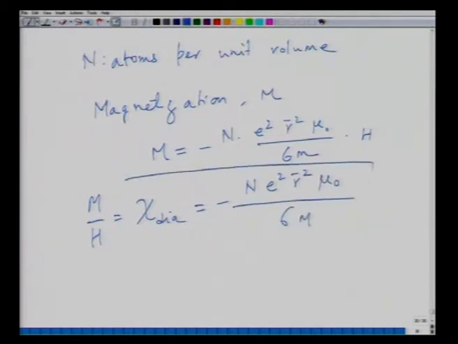So this is again an important expression, the expression for diamagnetic susceptibility, which is negative,